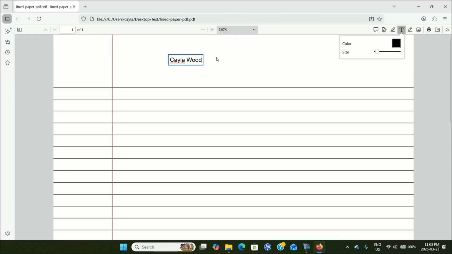Click out of the text box, and then you can drag it wherever you want it to go. Click out of the text box again, and it opens another text box. Click out of the text box, and again, drag it wherever you want it to go. Alright, so I've got my name and the date, which is typically something that you would fill out on a